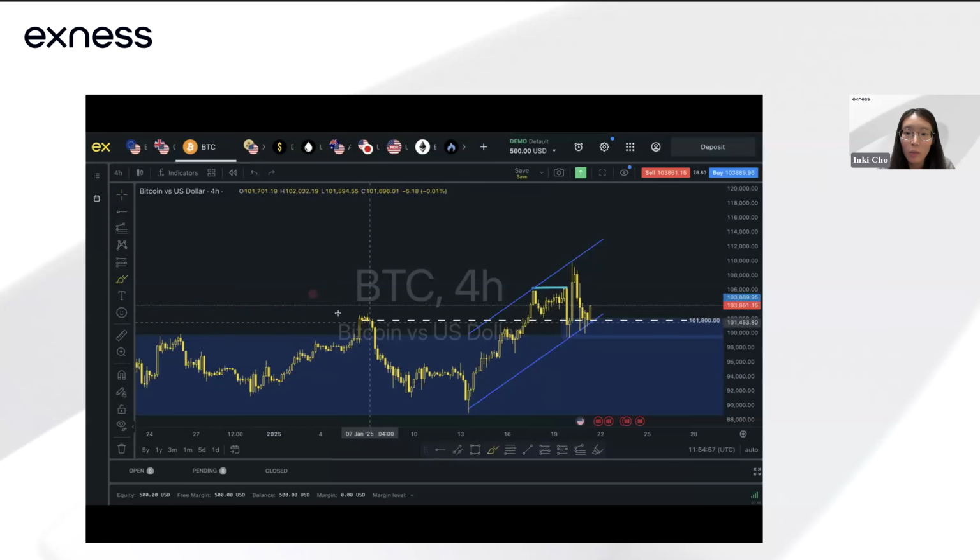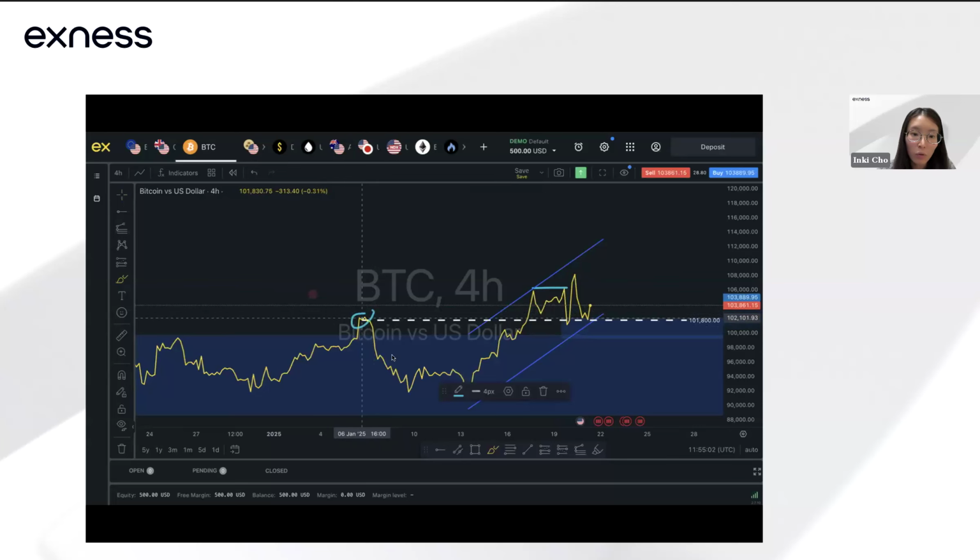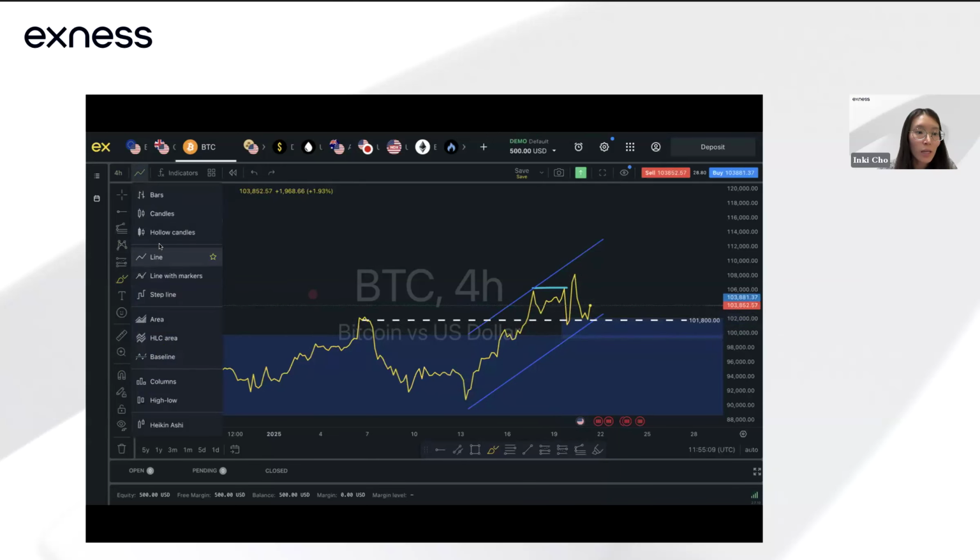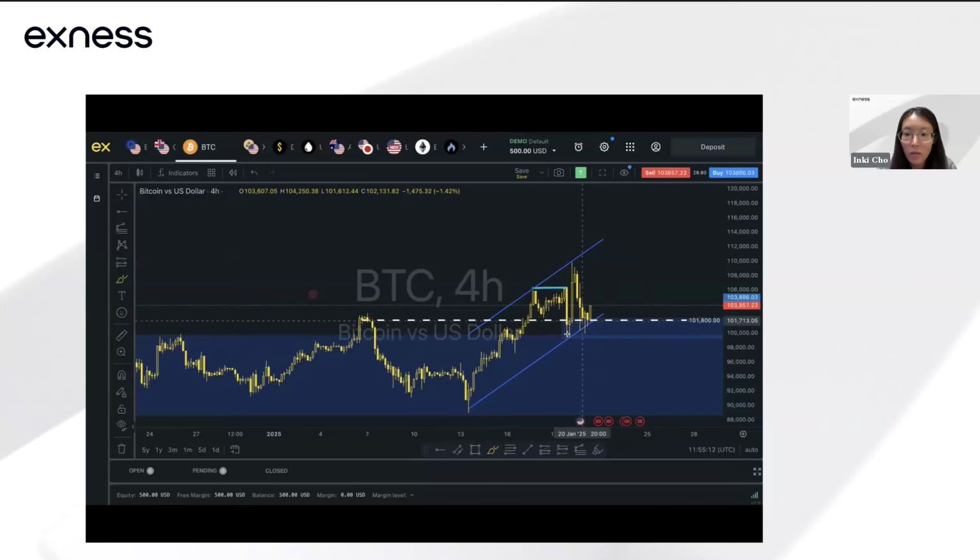Now, if we take a look at it in terms of support resistance levels, just based on the line chart, you can see that this was also a resistance area that price identified before it broke to the downside, and then we're seeing that break and retest of this as a support zone. So for me, on the 4 hours, price is testing a potential support zone that we have over here. And then also, of course, a lot of it is based on fundamental reasons. We saw the launch of the Trump coin as well as all this optimism surrounding the crypto space. So that's one. The other interesting thing to note that you can actually track is the ETF inflows. I'll cover that in a moment. But for now, you can just see that prices are still holding above this.